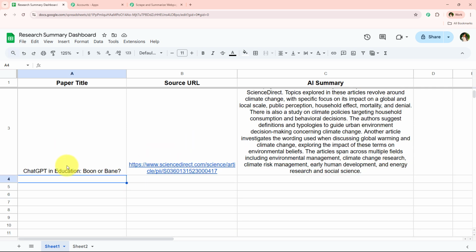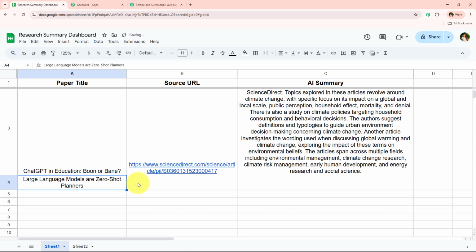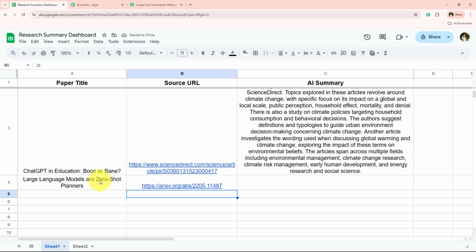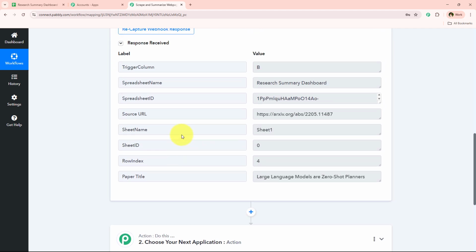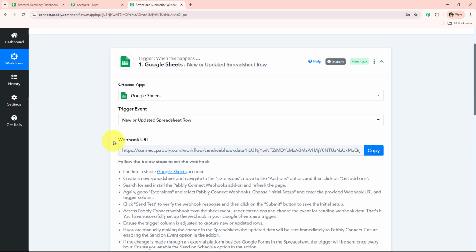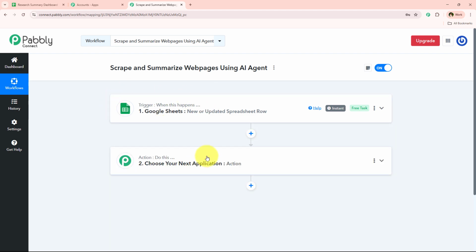And to do the test submission, I'm just going to enter the paper title, and then I'm going to enter the source URL right over here. Once I enter both of these details, we have successfully completed the test submission, and over here you're going to see that Pabbly is going to capture the response for the same. After doing this, we have successfully completed our trigger step, and now I'm going to move on towards